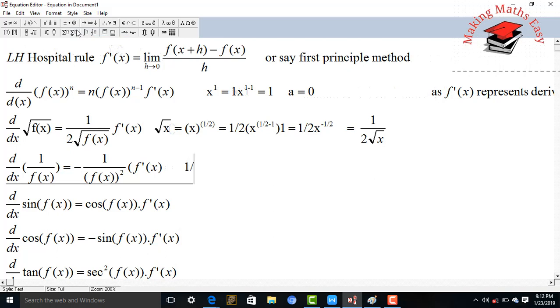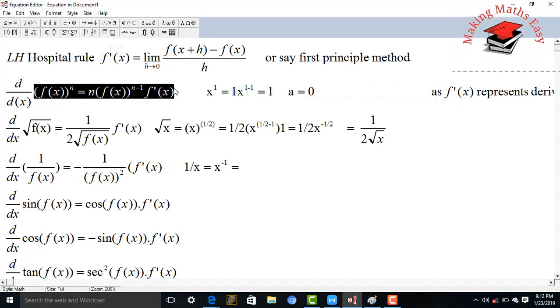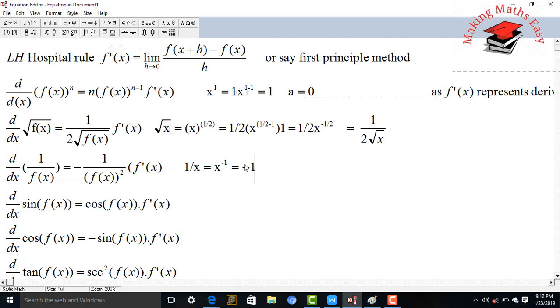So the derivative of 1 divided by x equals, take the x in the numerator, so it will be x inverse, which is x raised to minus 1. So put this first formula. This first formula will be applicable to almost all sums. So put the value of n equal to minus 1 into x raised to